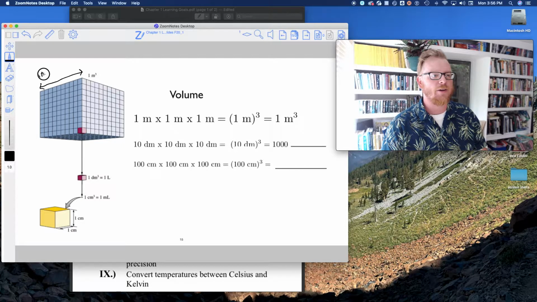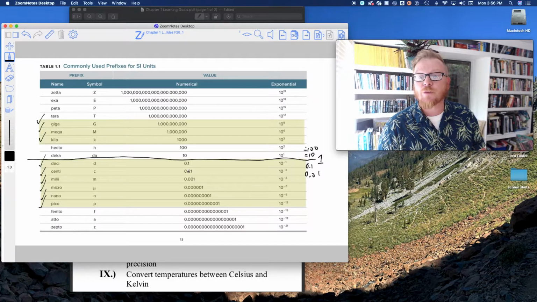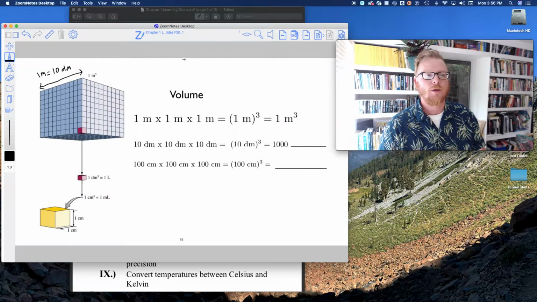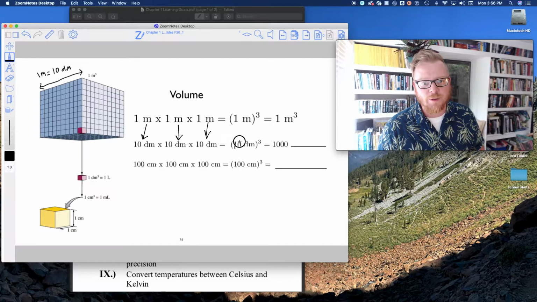So that's 1 meter, which actually equals 10 decimeters. And if I back up for a second, look, deci was 0.1. So to get a full meter, I need 10 of these. 10 times 0.1 equals 1. Okay? So now you can see that 1 meter is the same as 10 decimeters. That meter is the same as 10 decimeters. And that meter is the same as 10 decimeters. Sorry, this got cut off a little bit, so that's 10